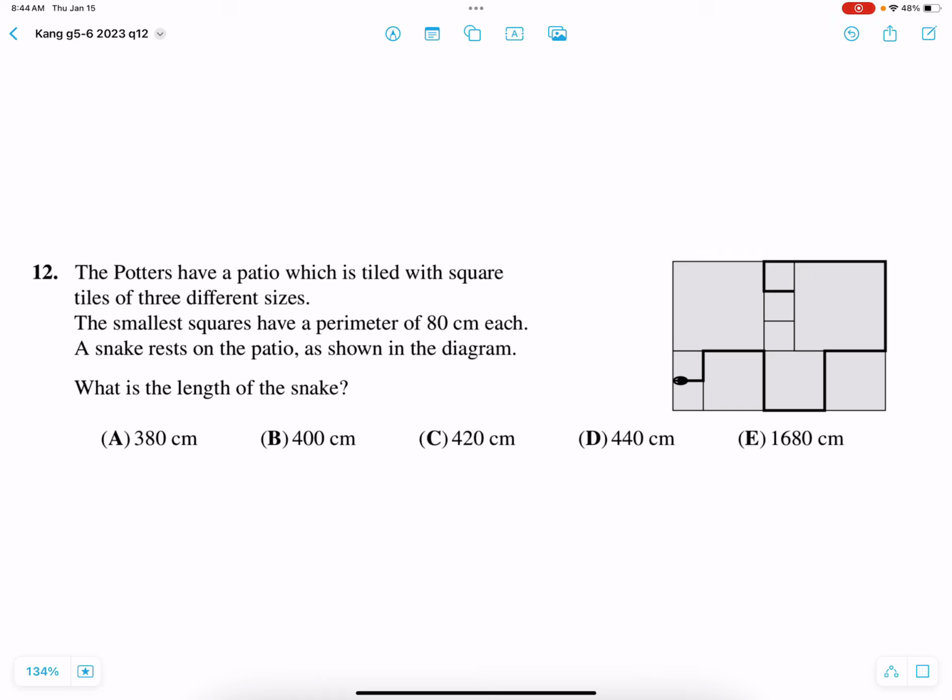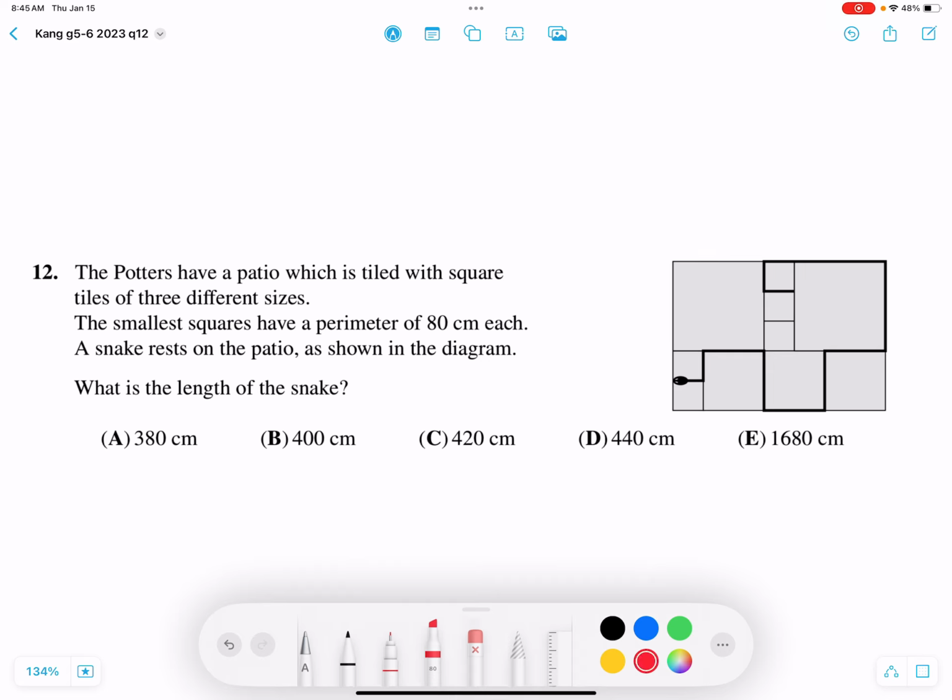Let's begin. The Potters have a patio which is tiled with square tiles of 3 different sizes. The smallest squares have a perimeter of 80 centimeters each. A snake rests on the patio as shown in the diagram. What is the length of the snake? So this question needs a highlighter, so let me get the highlighter out,